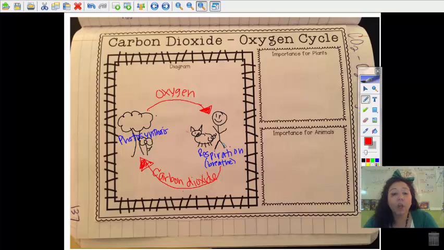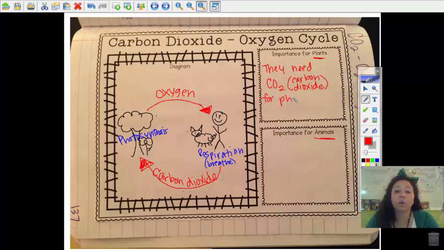Let's talk about why this cycle is important for plants and why it's important for animals. Look at this diagram. Let's look at the plant. Why is this cycle so important for the plants? What do the plants need from this cycle? Do they need the carbon dioxide or do they need the oxygen? They need the carbon dioxide. So the importance for plants is they need, and remember we learned that CO2 stands for carbon dioxide, they need that carbon dioxide